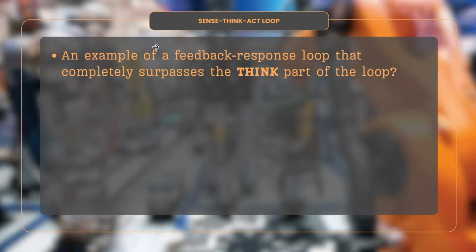Suppose, how do I give an example? You know what, should I give the answer? No, I'll not give the answer. So the think part of the loop is not done by a chip or anything. Instead, it is a property of a material that you're using. So maybe you're using some kind of special joints, or some kind of special metallurgical material, like some metal or some component or some special plastic, that because of its inherent properties, it itself acts as